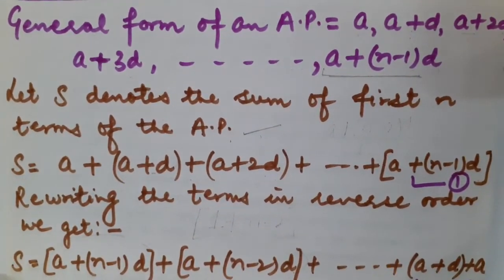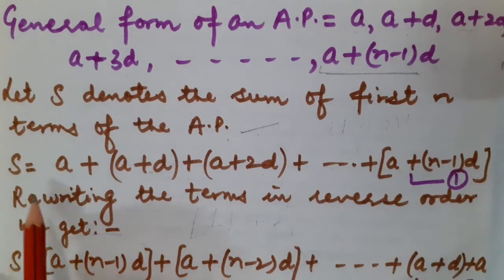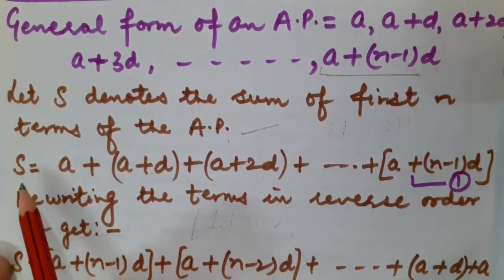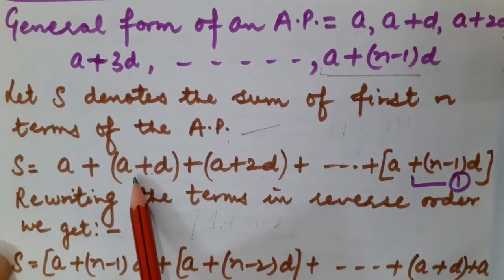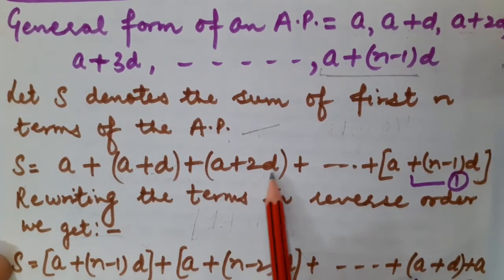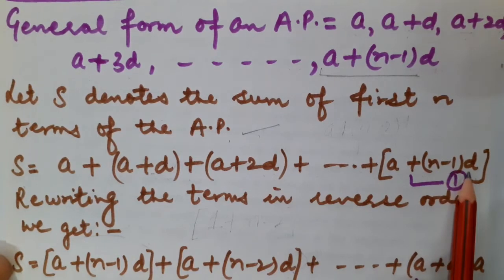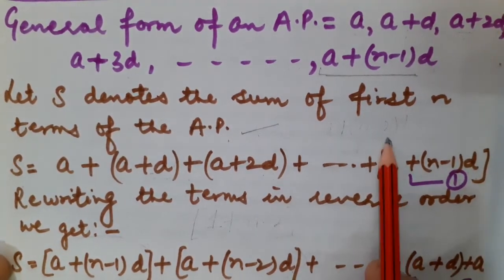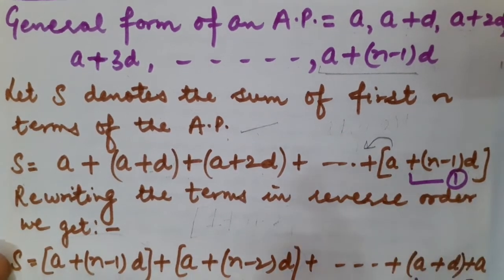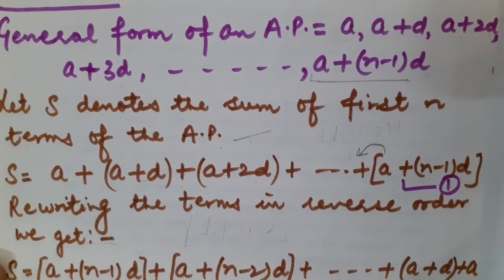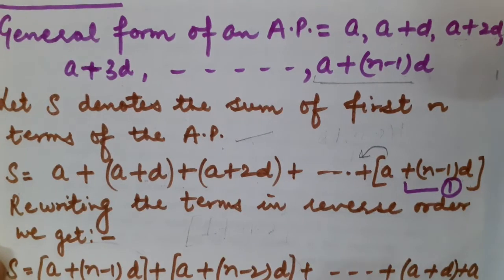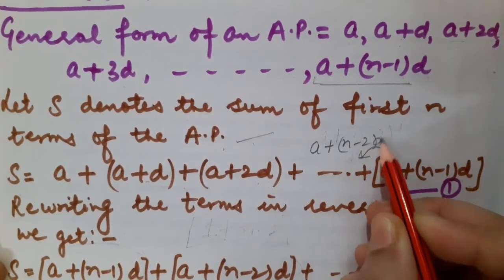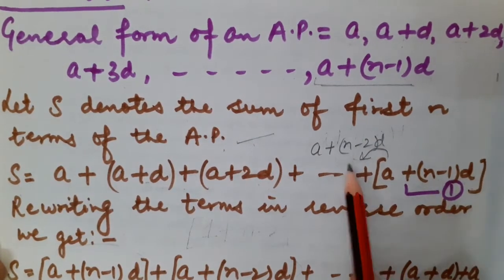So you will be having total n terms given. So I am just going to add them all because I have to calculate the sum of those terms. So it would be A plus A plus D plus A plus 2D and of course A plus n minus 1 into D. Correct? Children, can you let me know what would be the preceding term of A plus n minus 1 into D? The term which comes before it? It would be A plus n minus 2 into D, because this is the term which is preceding to it.